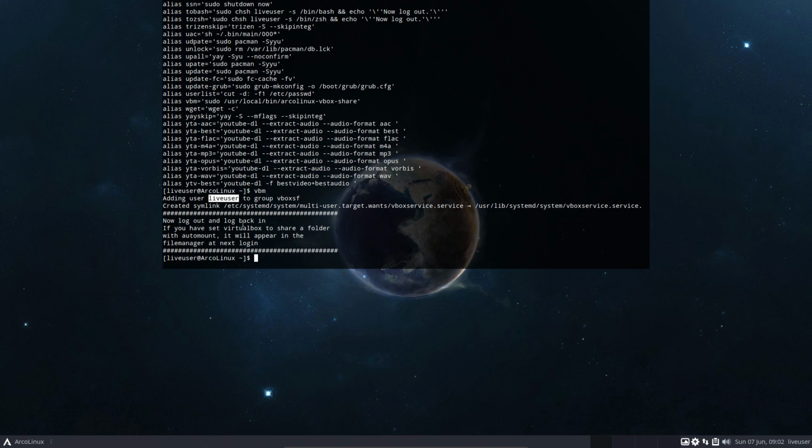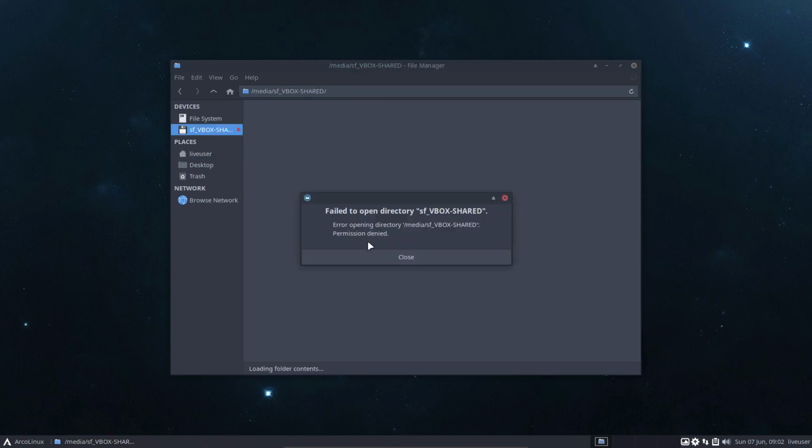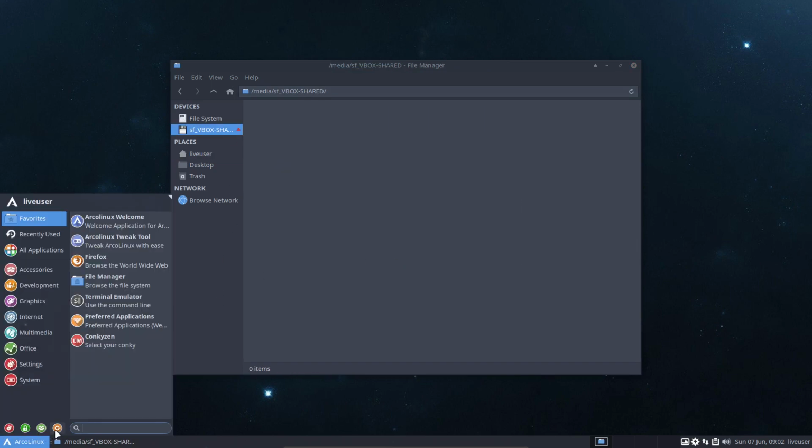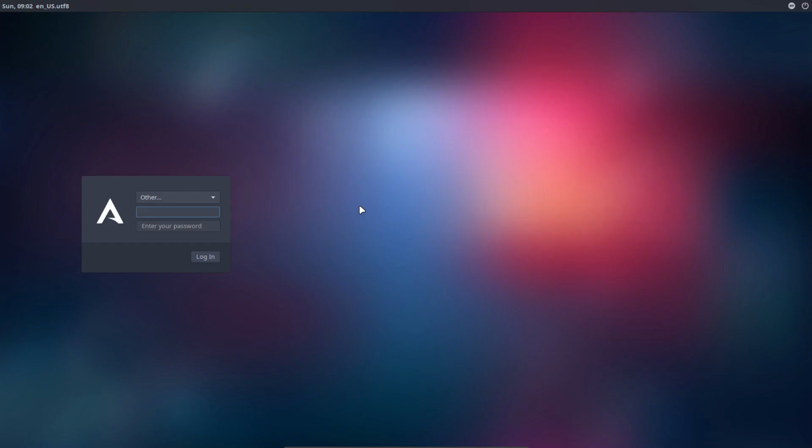Now log out, log back in. If you have set VirtualBox to share a folder with auto mount, it will appear in the file manager at next login. Now it is already there, and you're gonna make the mistake. Everybody's gonna make the mistake. They say log out, log back in. Okay. Now this is a live user thing and not an Eric thing. So I need to type live user. There's just one user on our USB or DVD, and it never has a password. They don't ask a password. You just have to know the name, live user. You log in